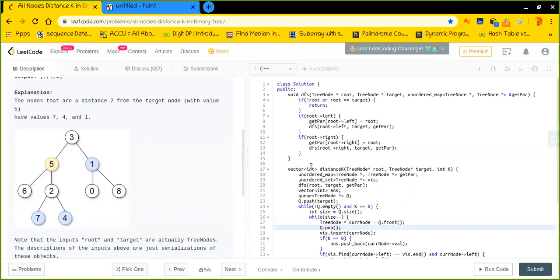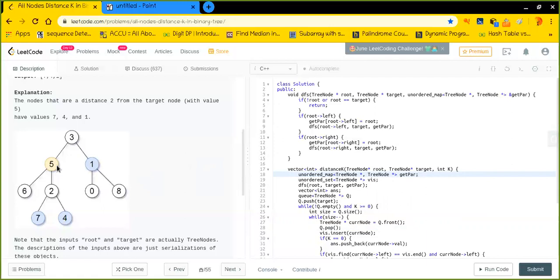And notice that we have used an unordered map, that is a hash table, to get the parent of any node in constant time. If I exclude this, we can also find the parent for every child by recursively running DFS each time.